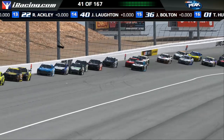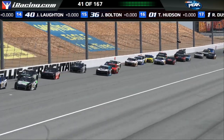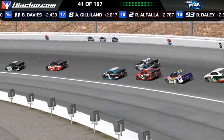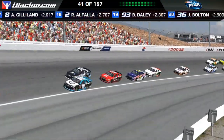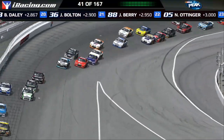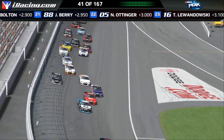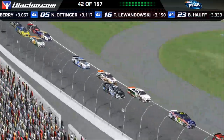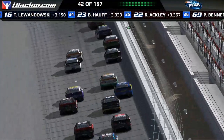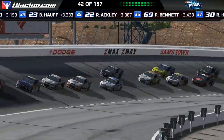Meanwhile, back in position number 12, Brian Schoenberg, who had a top 5 finish last week, is going to start sliding back a little bit on that high side. Mitchell Hunt down low. Kevin King, the Banker from Rowley, coming low. Michael Connie, Brad Davies, Adam Gilliland, a whole line of guys trying to get around the 55, and now Schoenberg just loses the handle on that machine. The freight train passes it by. The caboose on that freight train